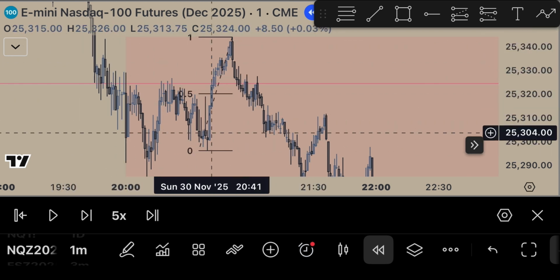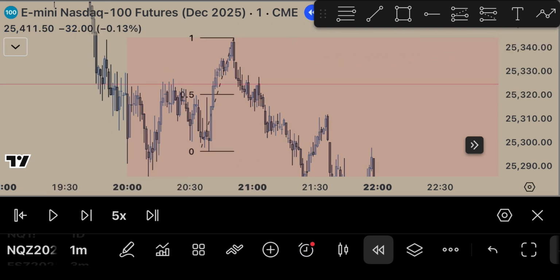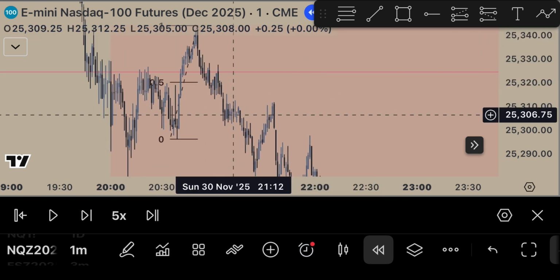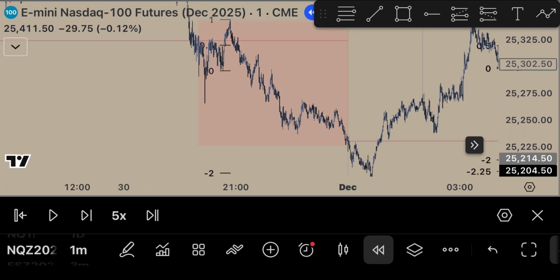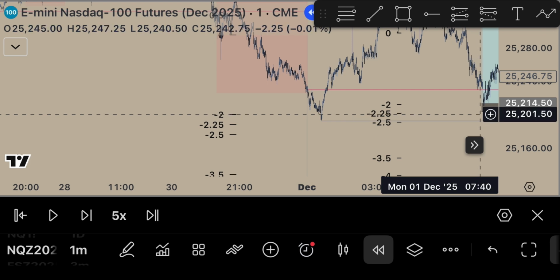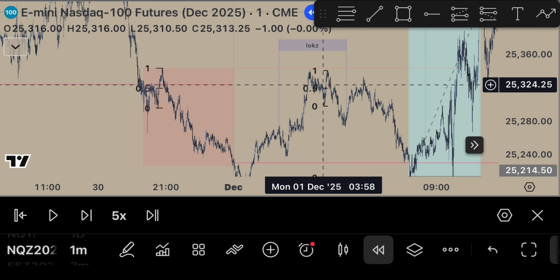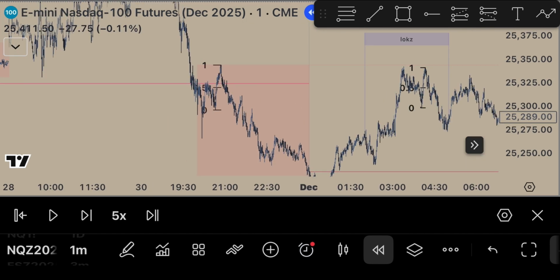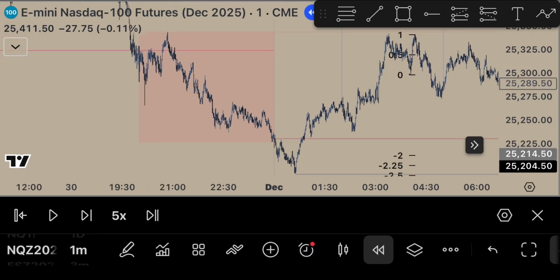We chop, we get a breakthrough, and then as soon as we get a breakthrough, we sweep out this very minor engineered liquidity, and then we displace lower, and pretty much just keep going lower. And then we tapped the -2 standard deviation, and we went to go make London highs. Now, this would have been a pretty good trade to take. However, it's one of my rules to not trade Asia anymore,